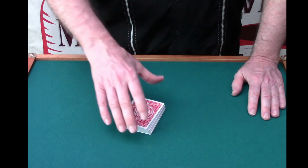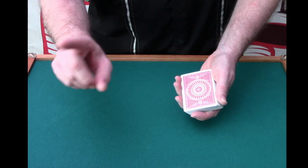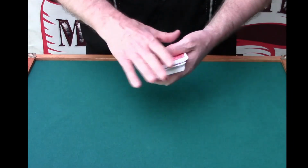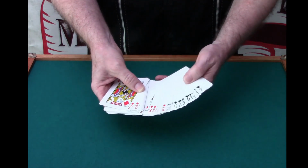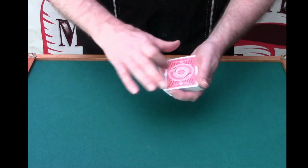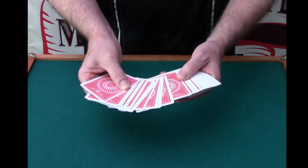Then, when you're ready to perform your trick, you take the cards out of the box, which I mentioned before, it's kind of important, and you spread out the cards and ask someone to choose a card. Now, there's 2 things that are important. First is, don't show the faces, because they'll notice that the cards are separated into black and red. The second important thing is when you spread the cards, only spread the top half